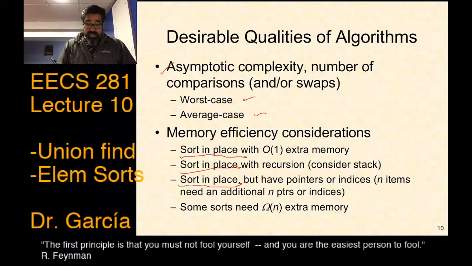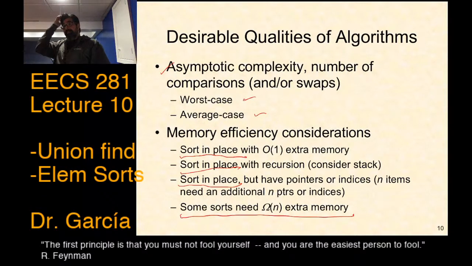Then we'll see an example specifically of a sort that uses omega extra memory, meaning the algorithm doesn't work unless you use extra space. Okay, that's, again, saving the suspense. That's going to be merge sort. You might be like, oh, well, then why is merge sort so good? Well, we'll talk about that later. But yeah, merge sort,